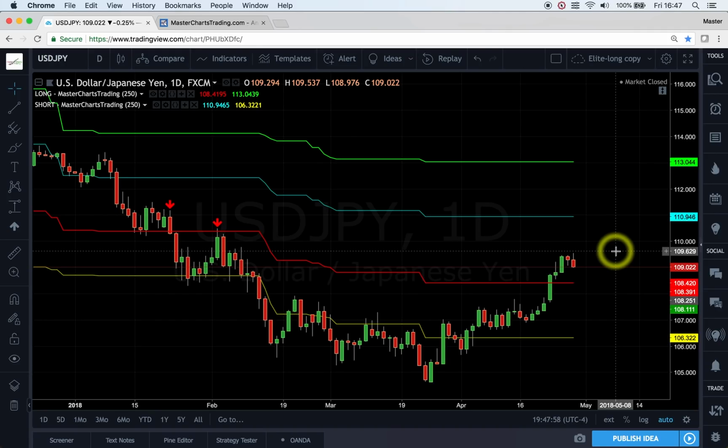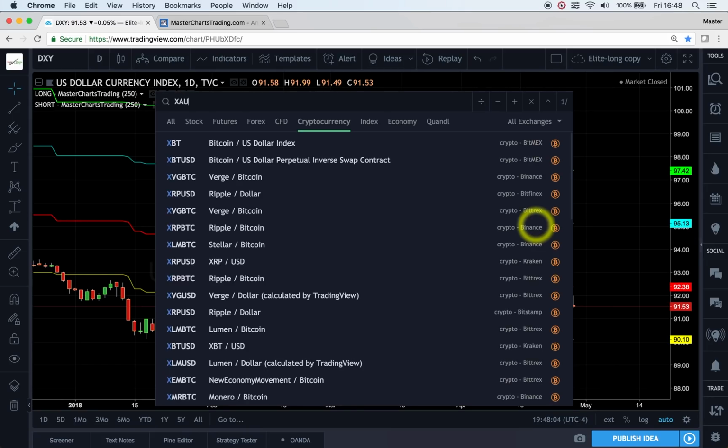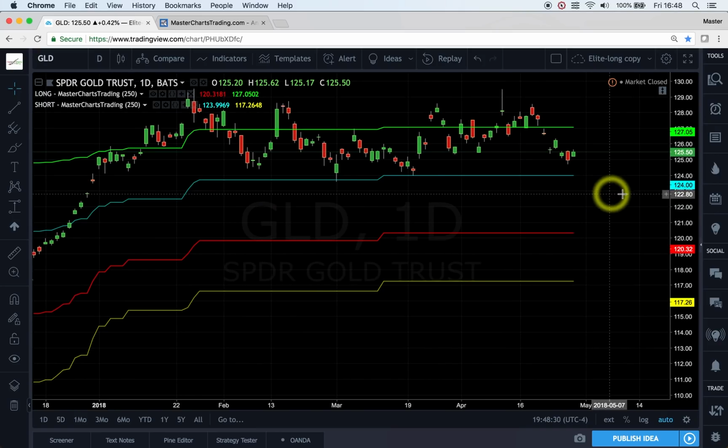All right. So the weakness, or rather the strengthened dollar over the past few weeks is translating into a bit of a weakness for gold. You can see that we did set fresh 52-week highs here on the 11th of April, but then we pulled back from those levels. So overall, it would be reasonable to expect buying to materialize around 1,300 bucks, and for GLD that would be around